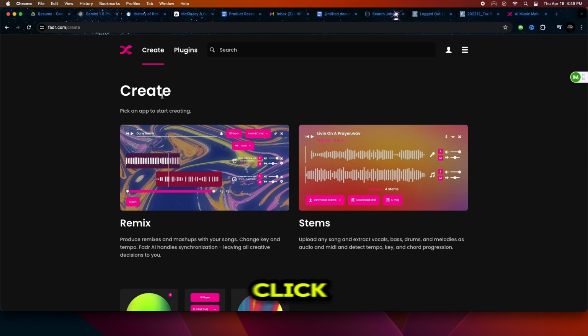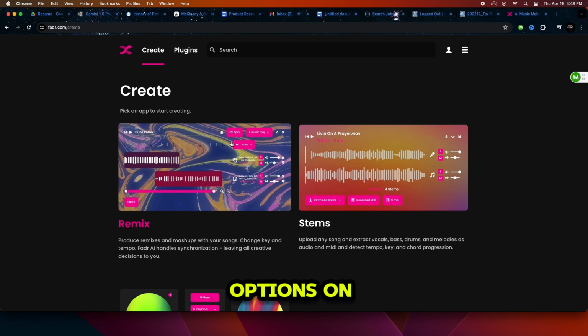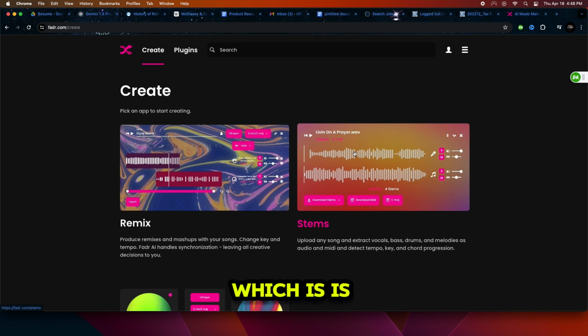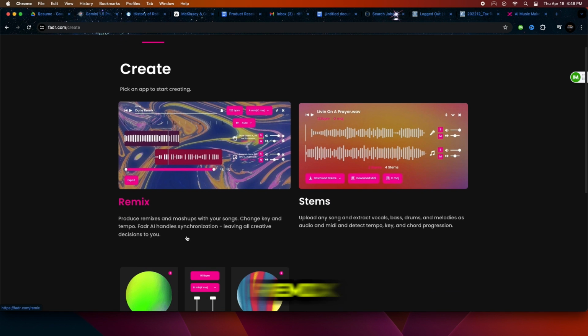Okay, so once you click create, you get two options on your screen, which is a remix or stems. Now, what this means is with the remix, I can just upload a song directly. So if you are an artist, for example, and you have a bunch of throwaways or a song you just released, and you want to make a cool remix, but you don't have that much time, like I said, under 5 minutes, you can use the remix feature here to upload the song, and then Fader will actually